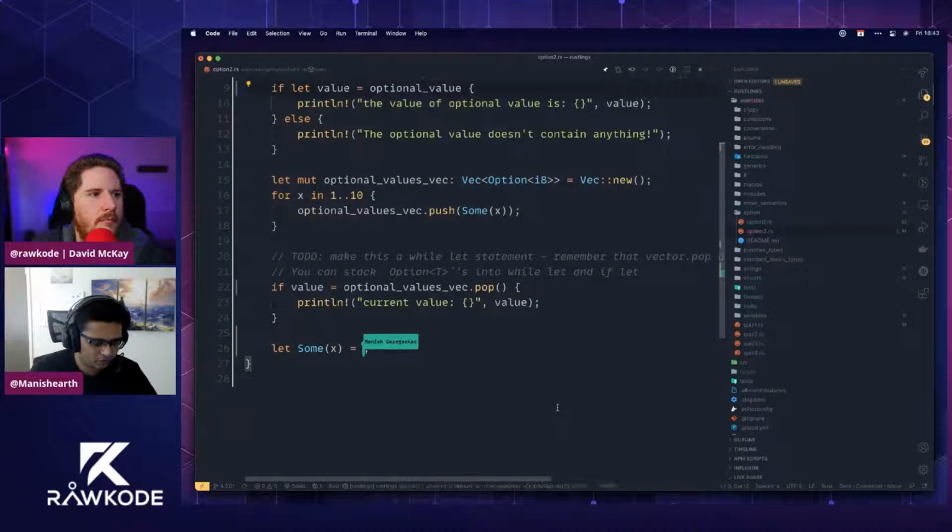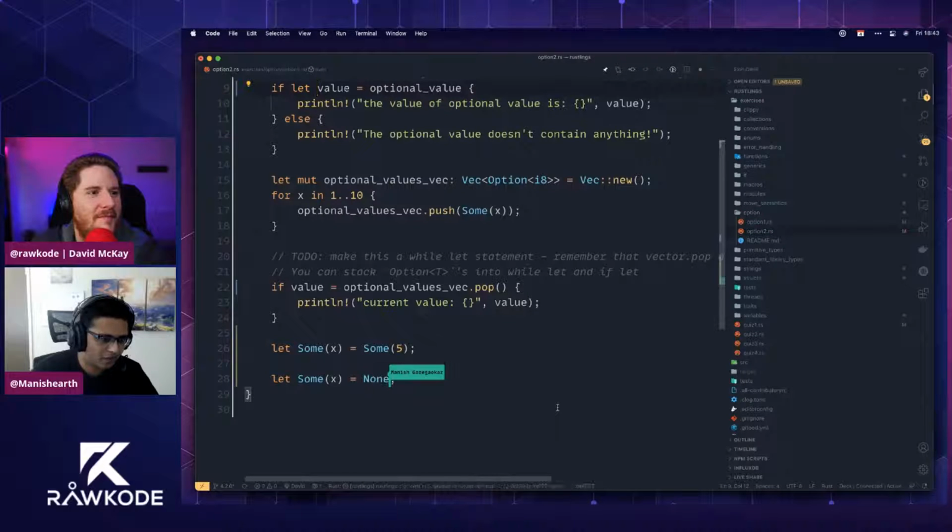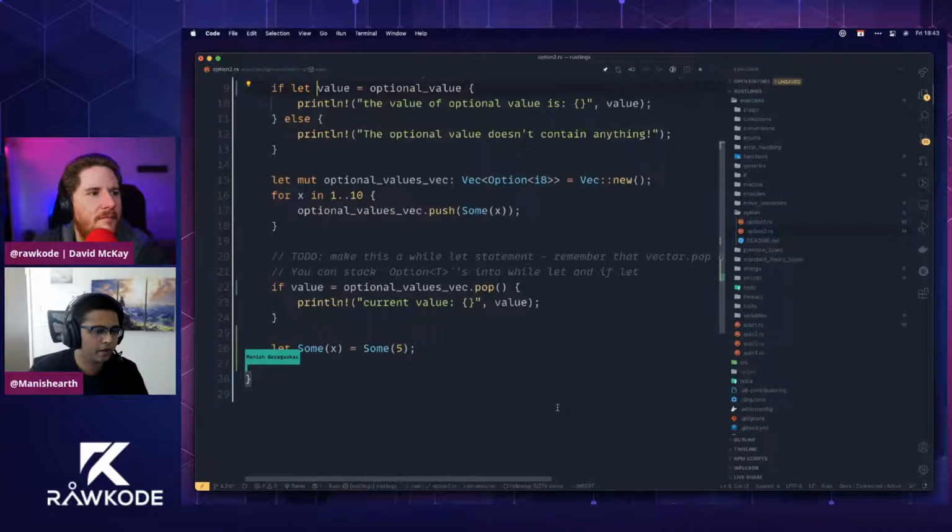x equal to... because if it were let Some x equal to None, this would not match. And then you've told Rust that this is the value of x, but it can't execute this. But this is where if let comes into place, where you can actually say, so if you say